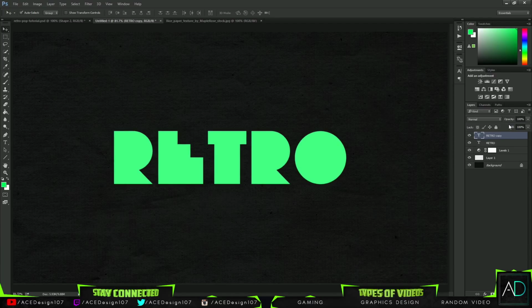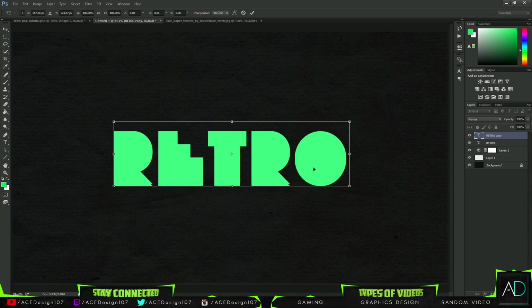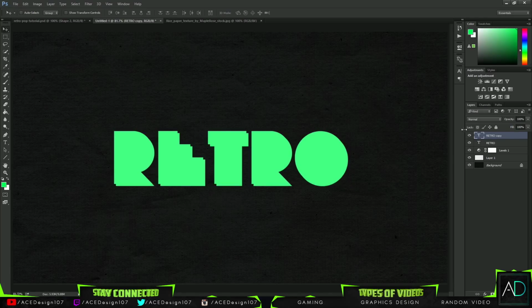And with this retro, I'm going to press Ctrl J, and that's going to duplicate the text layer. And then I'm going to press Ctrl T on the new duplicate and move it a couple of times with the arrow keys, and a couple of times to the side, and then with this one I'm going to move it below my retro and just do text darker,